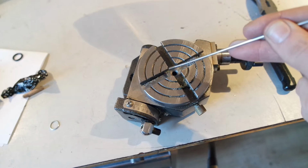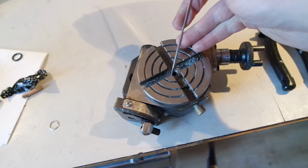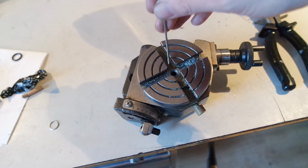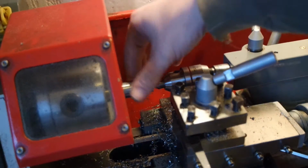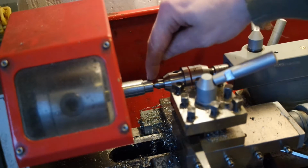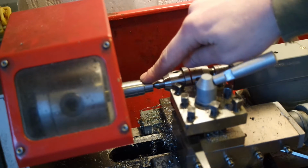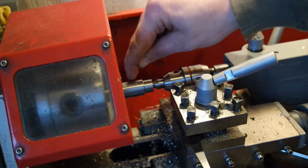This surface here also looks ground to a specific size, 14 millimeters. Yeah, I'm also gonna try to incorporate that dimension in the plug. Started roughing on a piece of stainless steel. I'm gonna turn this down to 5.55 millimeters and another step to 14 millimeters, and then I will leave this